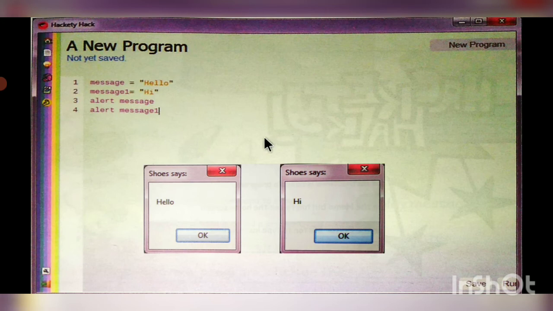Okay students, hope you understand. In this class we have learned about the variable. The variable we used is message is equal to. You type message is equal to, within the double quotation you type the message you want to display, and then you type the alert command and retrieve the variable. What is the variable? Message. So you type alert message, and this message will come out. The most important thing is that you should type the alert command to get the output. The alert command is the most important command to get the displayed message.